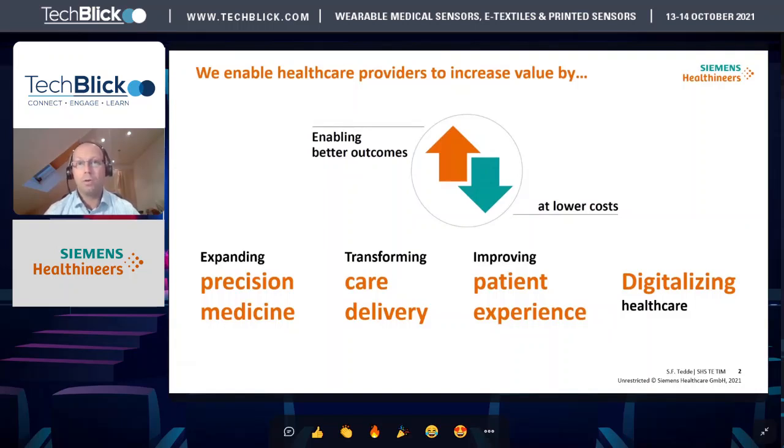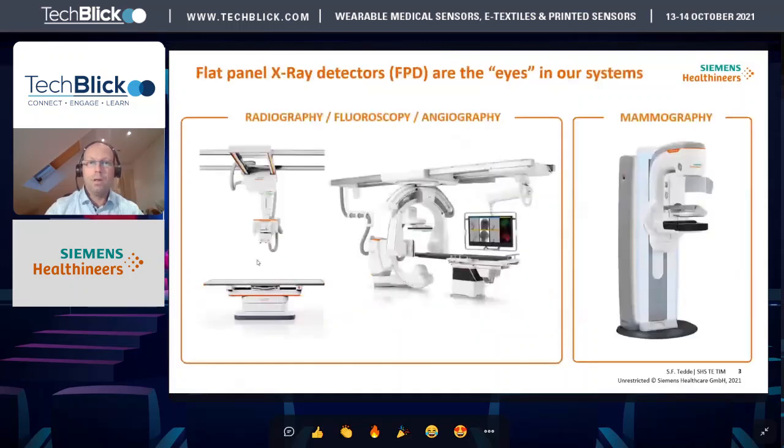And the topic I will talk about today is more or less, let's see, can you see my mouse? I hope so. It's expanding precision medicine. So the X-ray detectors we're talking about today are expanding precision medicine. So flat panel X-ray detectors are basically the eyes of the system we sell to the customers. So here just